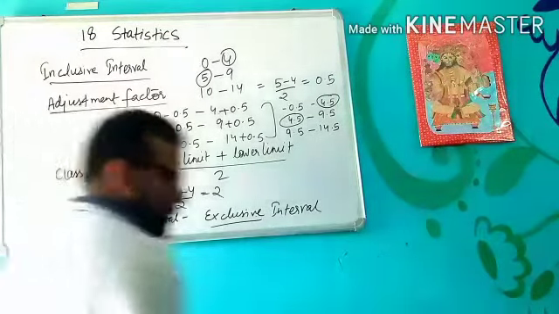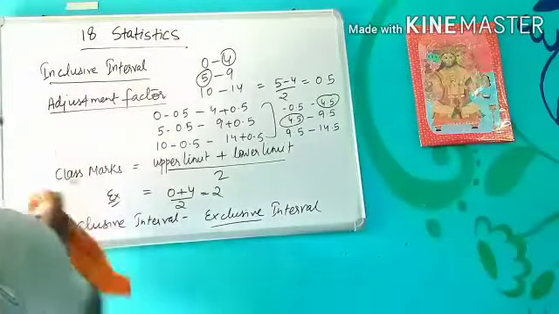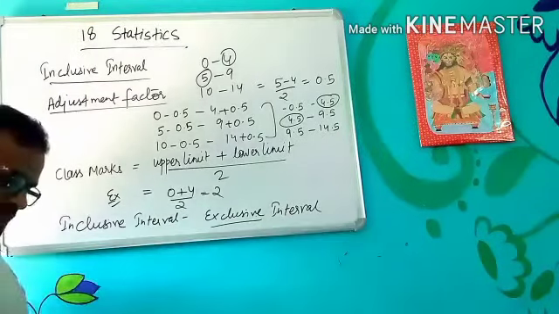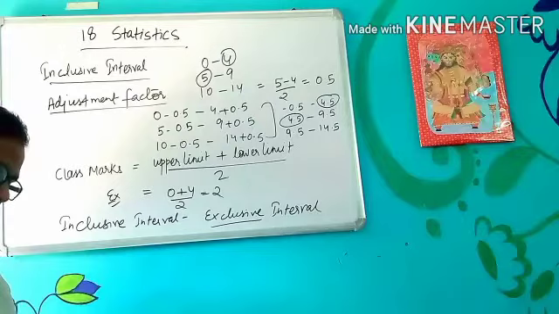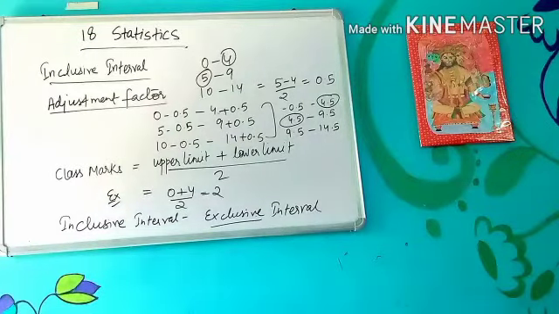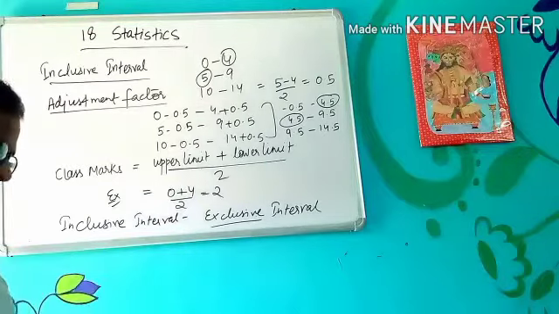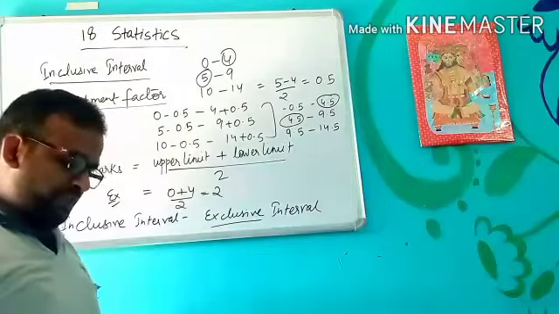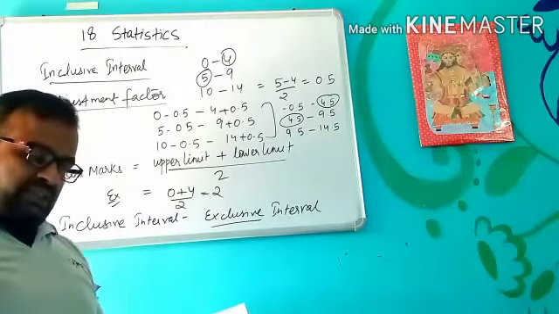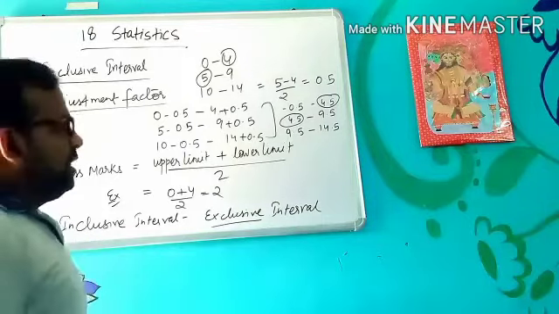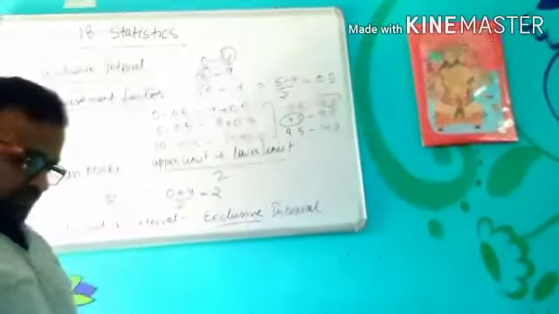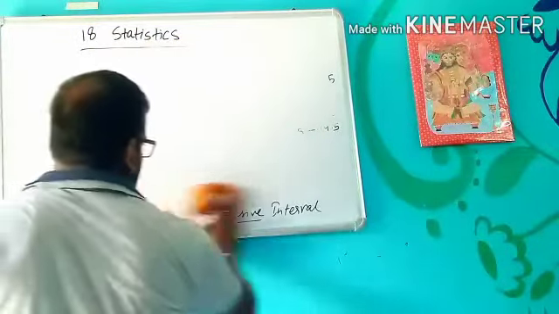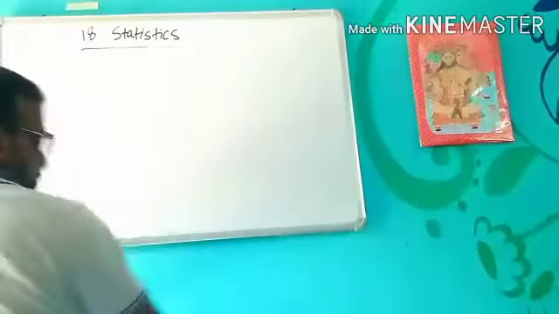Okay, so let's discuss few problems of exercise 18A. So like I have already told you about continuous and discrete. Continuous variables can take all the values and discrete cannot take all the numerical values. For example, number of children will be the discrete because it cannot take all the values, it will take only positive integral values or natural numbers. But distance traveled by the car can take any values, okay? Whatever value you think of, it can take. So let's discuss few problems, then we will move next.